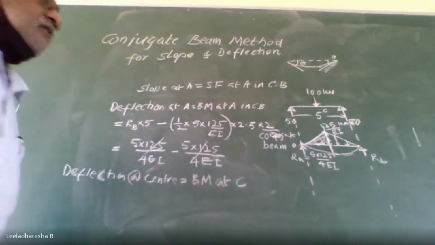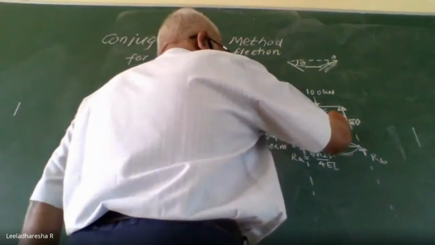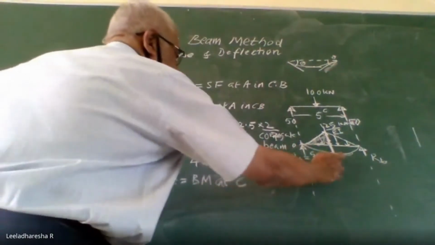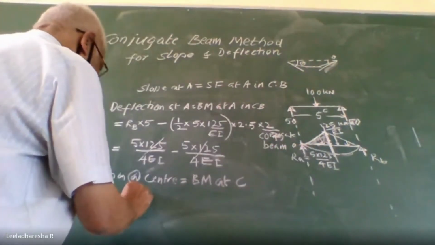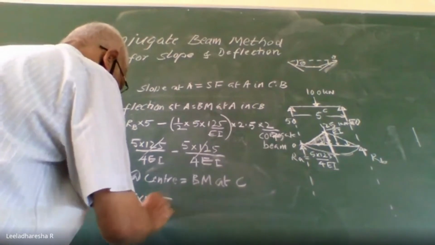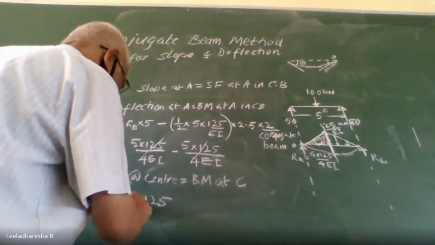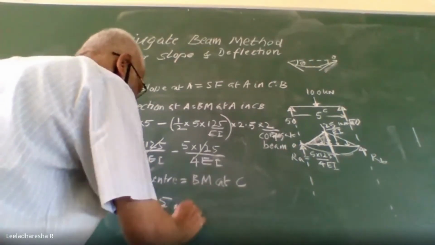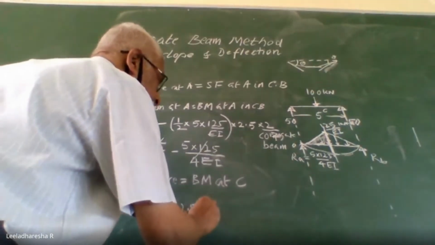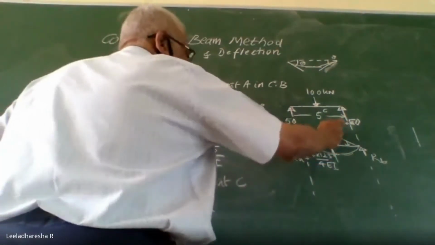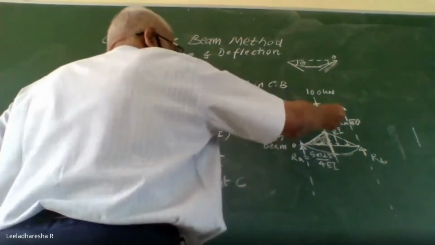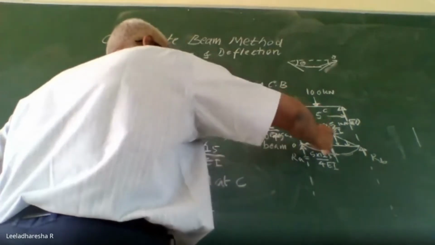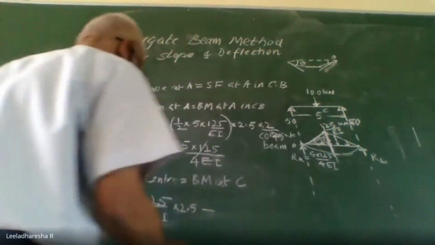Bending moment at C. Now consider a section here. It is equal to RA into 2.5, that is 5 into 125 by 4EI into 2.5, minus, because you are taking the section here, one load gives positive bending moment, sagging. This triangular load gives hogging bending moment. Therefore, minus